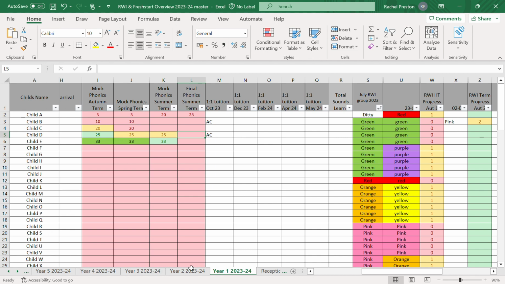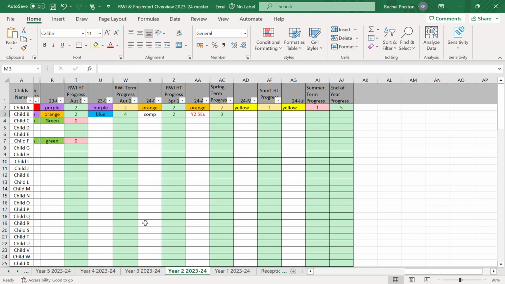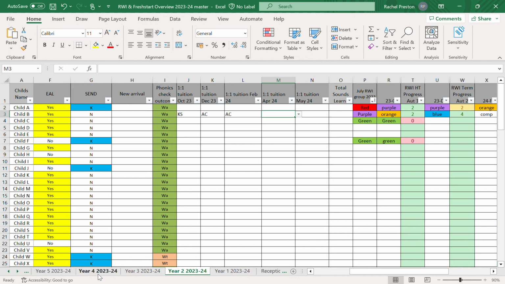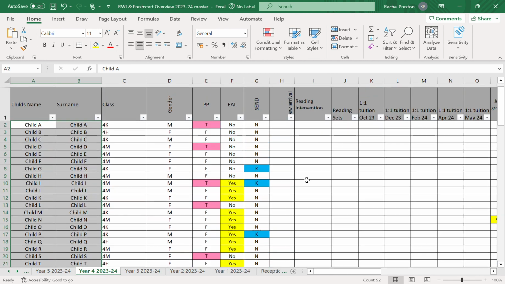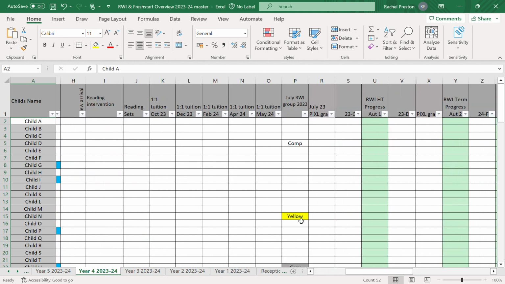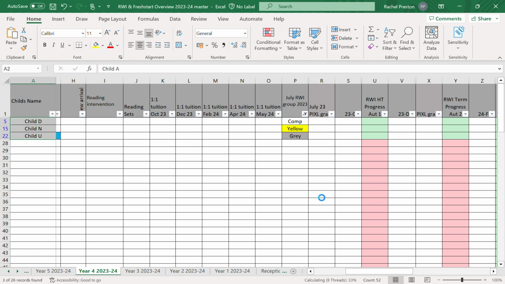And in older year groups it looks a little bit different, so you don't have all that tracking in year 2. You do have the WAWT. In year 6, so that's Key Stage 2, we have the Read Write Inc options. Obviously you can see that far less children are accessing it, so you might just filter it by taking out all the blanks, so you only track the children who are accessing Read Write Inc from Fresh Start. That might be 3 children in your year 4,